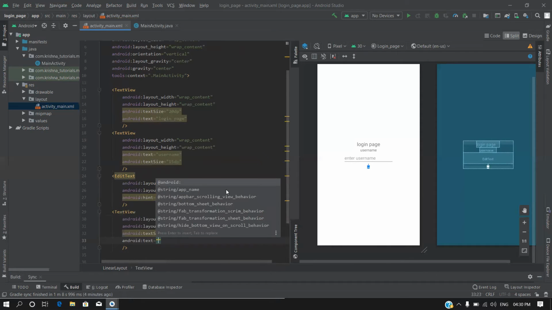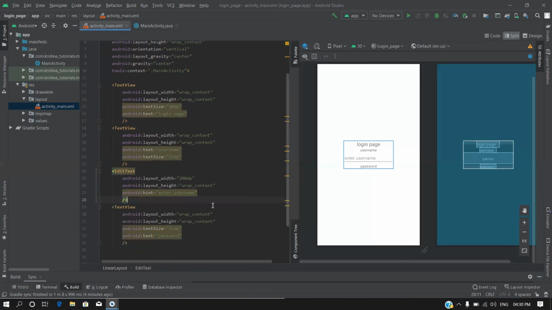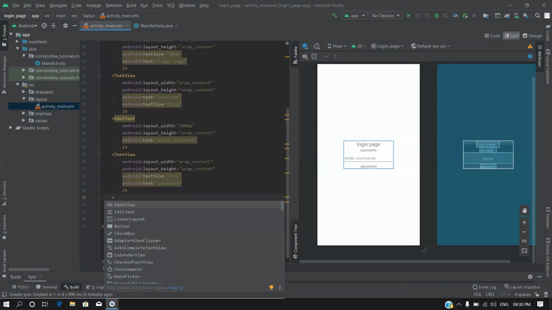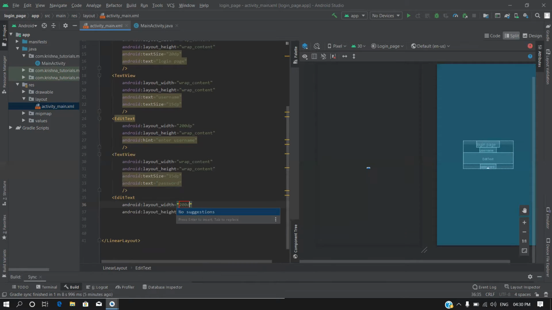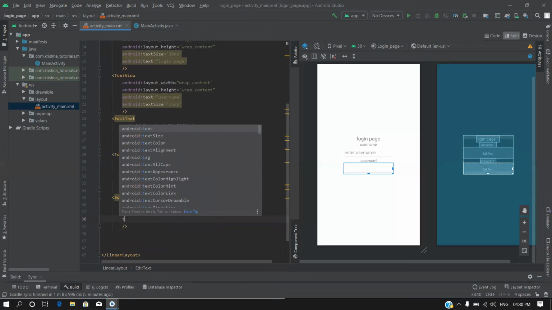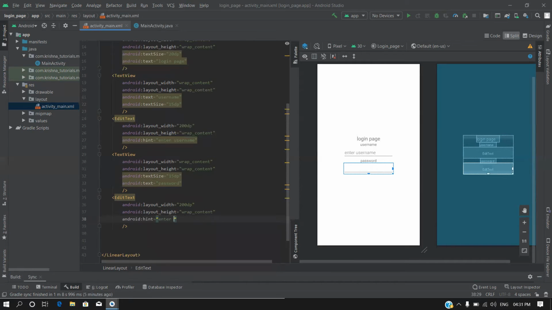Text as, let's say, password. Here I can take another edit text view for taking input for the password. Its width will be 200 dp and the height will be wrap content, and I'm going to close this tag, and let's say the hint in this will be enter password.